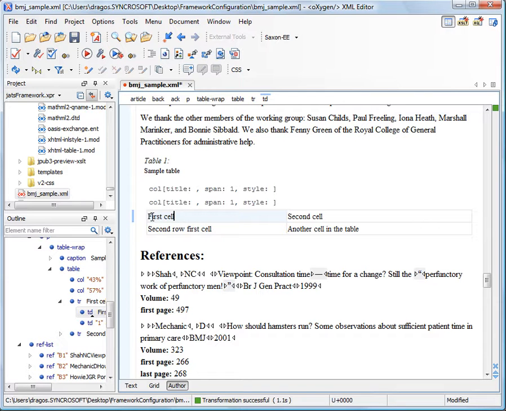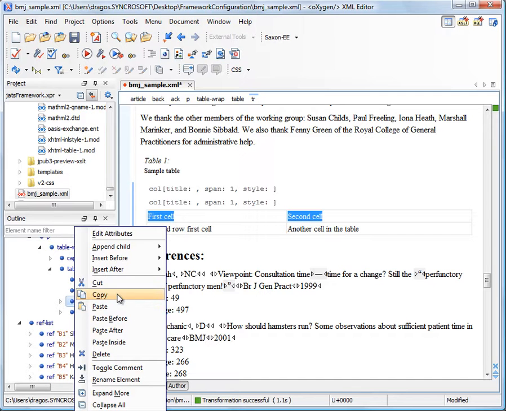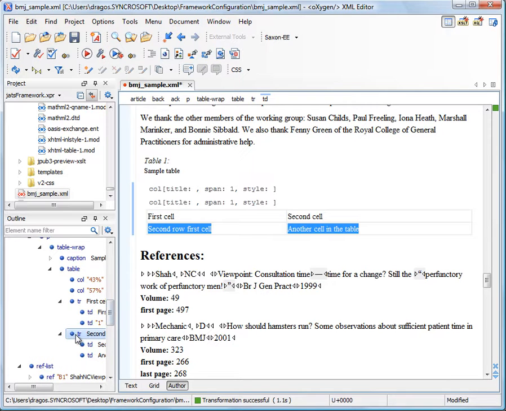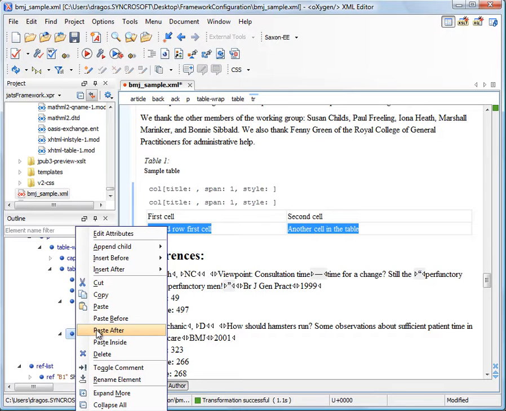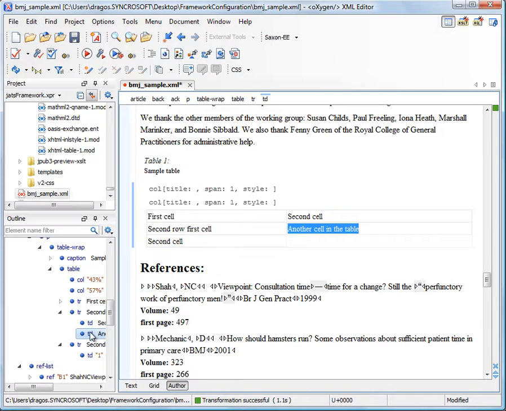Let's say if I want to copy the entire first row in my table, I'm going to it in the outline view and right click on it, say copy, and let's say I want to paste it after the second row from the table, so I'm selecting the second row in the outline view, right click and say paste after. And as you can see, our first row in the example table was copied after it. Of course, I can delete some of the rows of the table, or just cut it, or just delete a single cell in a row,